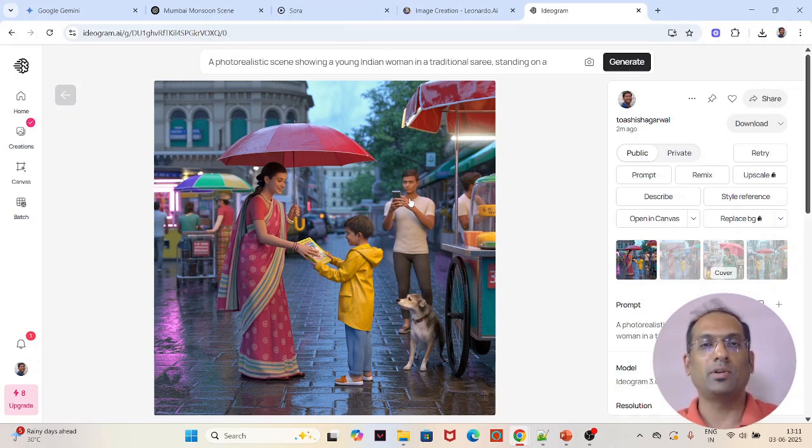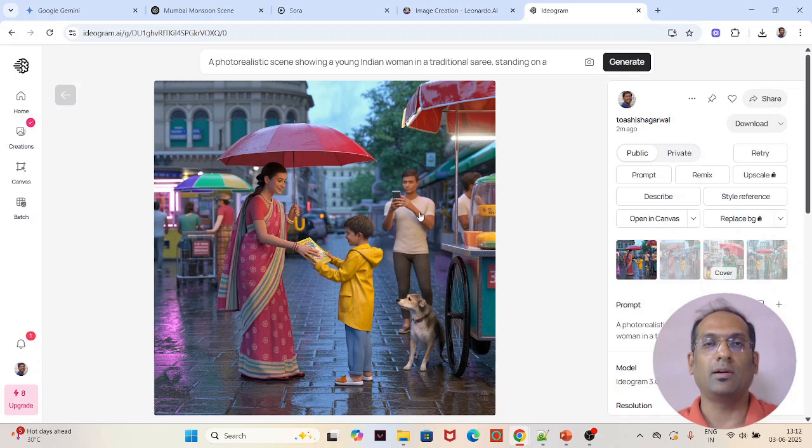So for the same prompt, it has given you 4 options, which is again a plus, but the problem here is images are very different. So for some reason in the Mumbai image, there's a person who's taking a picture. Again, this is not meant to be there in the output, because the prompt was not of that nature. The 3 elements are there: sari, red umbrella, yellow raincoat, dog under a food cart, and people using smartphones